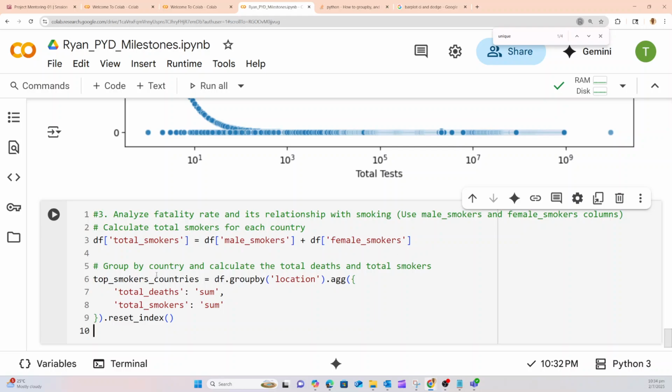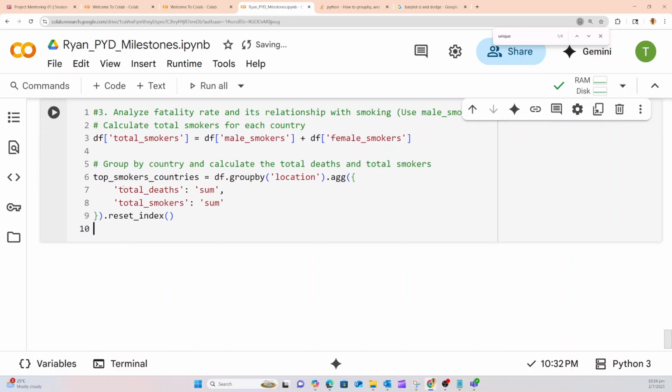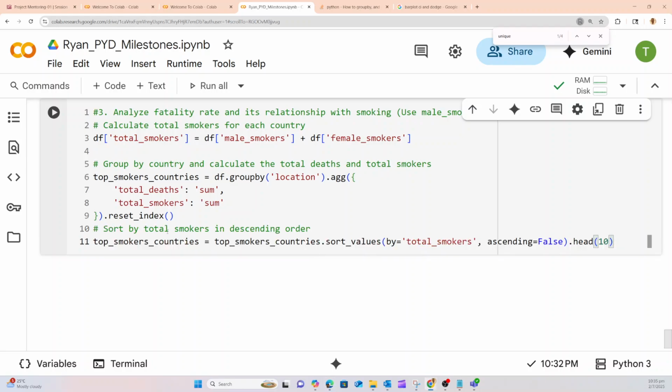For the top smokers countries, group by location, aggregate with sum of total death and total smokers, grouped by country. Then sort by total smokers in descending order because we want to display the top, meaning the highest. Temporarily we would like to see the top 10.